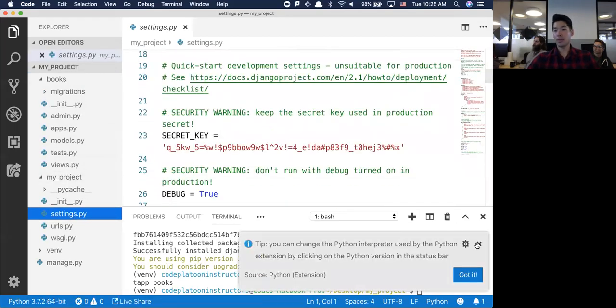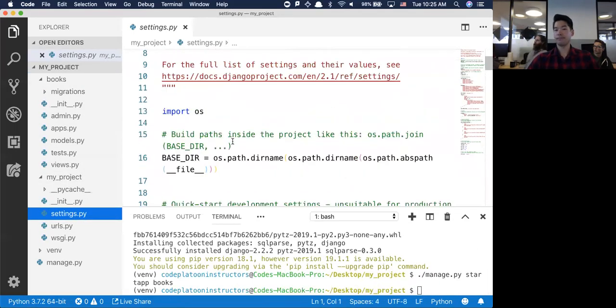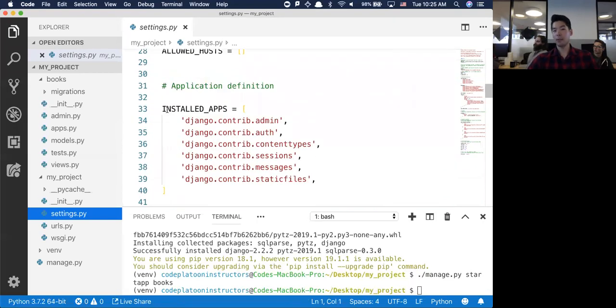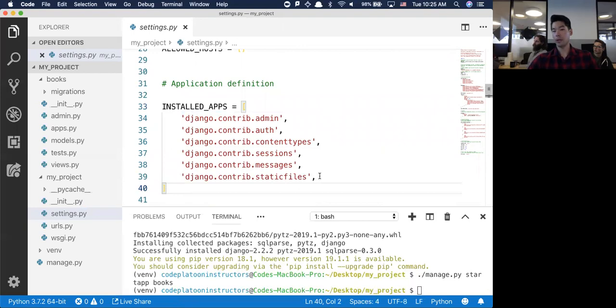Settings.py holds basically all the settings for your entire project. And right now, between lines 33 through 40, you see all of the apps that are already installed. It doesn't keep track of books because we need to add that ourselves. It's going to add in books